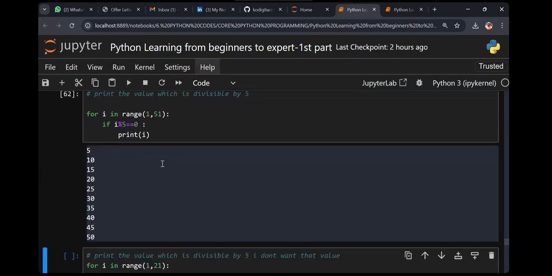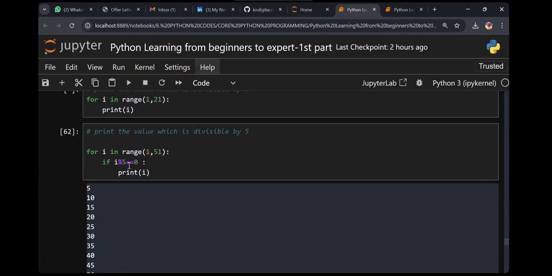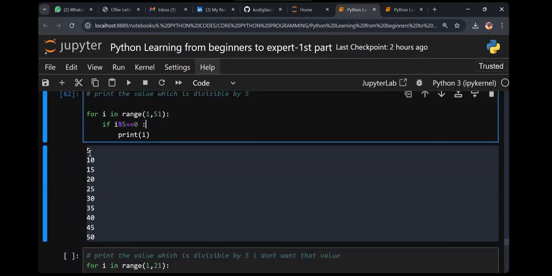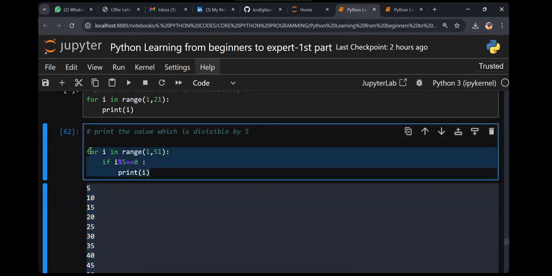Do you see, is 1 divisible by 5, is the remainder 0? No. Can we print a 5 table or not now? If anyone in an interview asks you to write Python code to print the 5 table, it is very simple, solved.